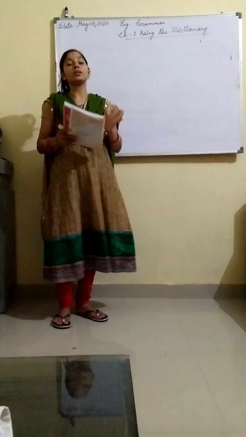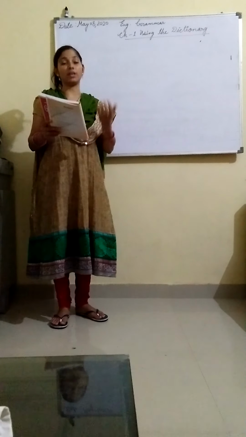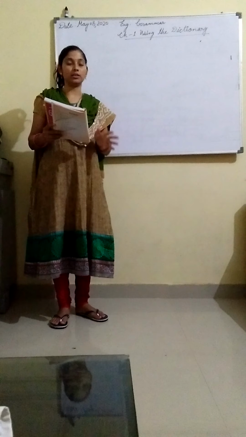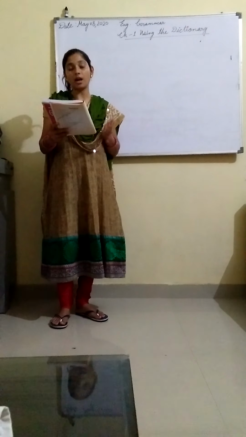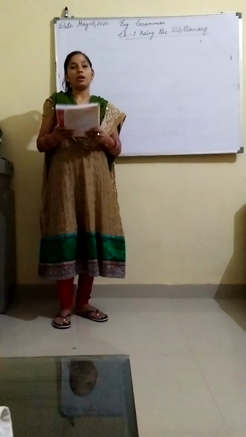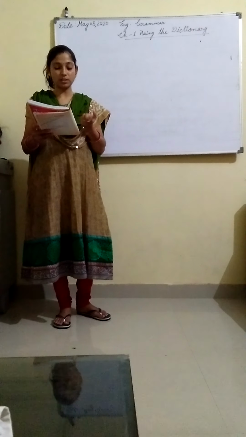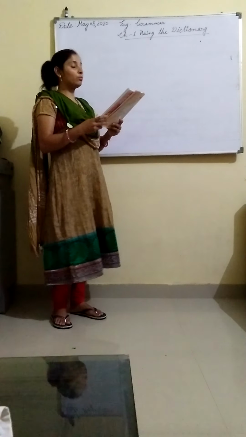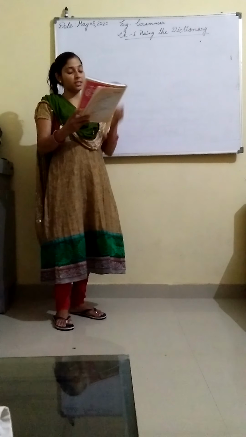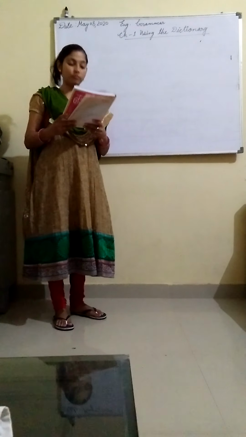A dictionary is a book in which you get words according to a list in alphabetical order. If someone asks you what a dictionary is, you have to say a dictionary is a list of words arranged in alphabetical order. And for each word, a dictionary usually provides information. Which information? A dictionary provides you, for each word, firstly, definition. In your English grammar book, you will get these sentences on page number 1.